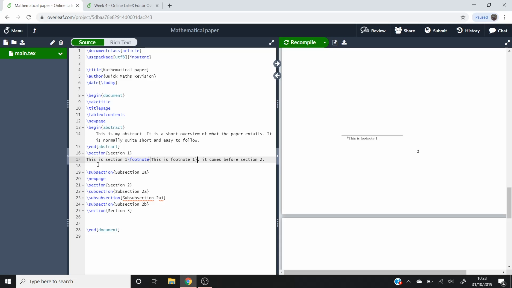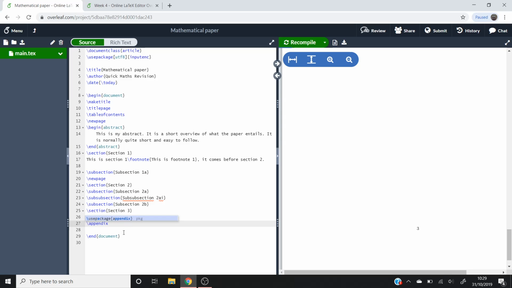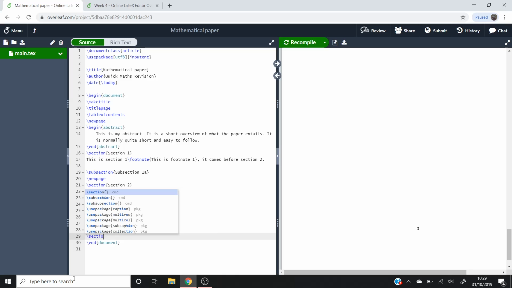So we've now got an abstract, a table of contents, a title page, and we've laid everything out into sections. What you might want is some appendices at the end. So right at the end of your document you put \appendix. Once you put that in, after that you can do \section like we've done with everything else, and if we put appendix A, \section, appendix B,